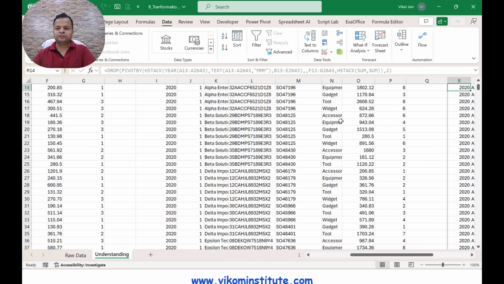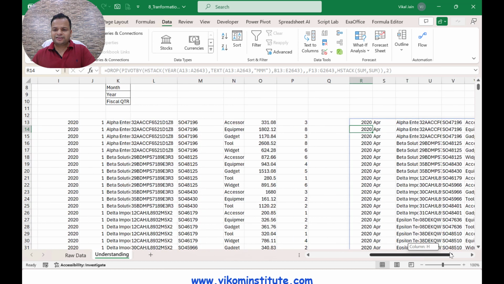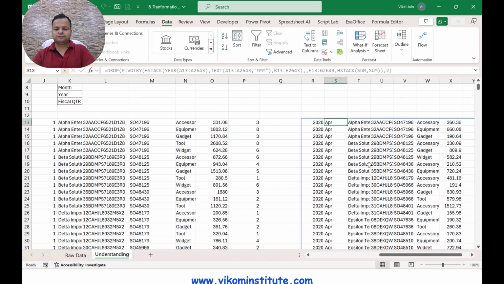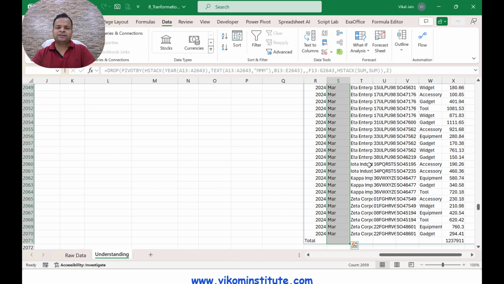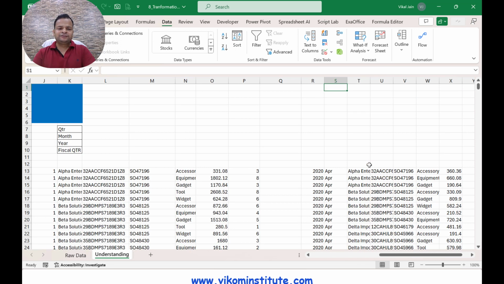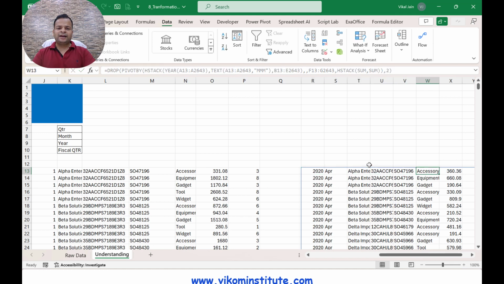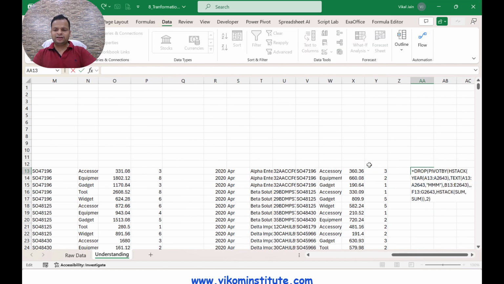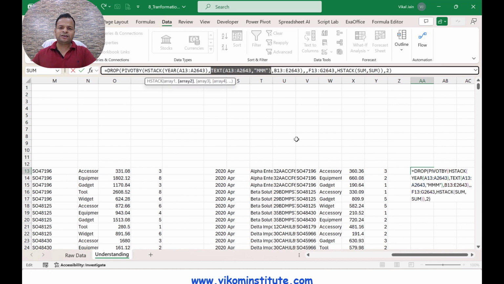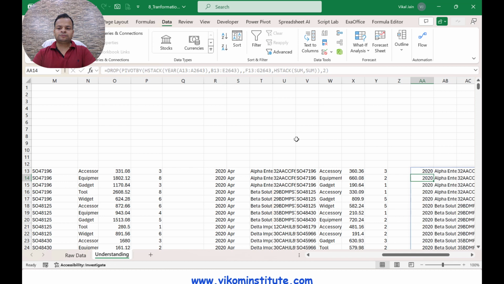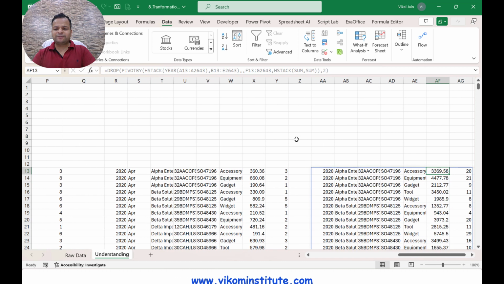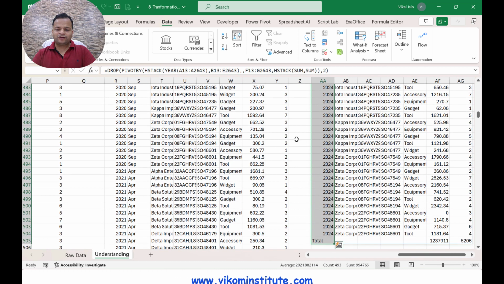Now press enter. You will see it has again summarized the report based on the month, and the number of transactions has now increased to 2059, since we are summarizing our report based on the months. Now I'm doing the same thing and extracting the report based on the year. This time we don't need the second argument, so I'm going to remove this, and you will see it has summarized my report based on the year.